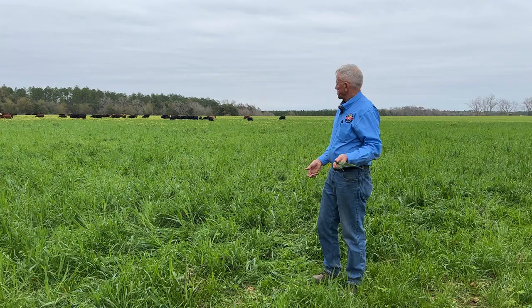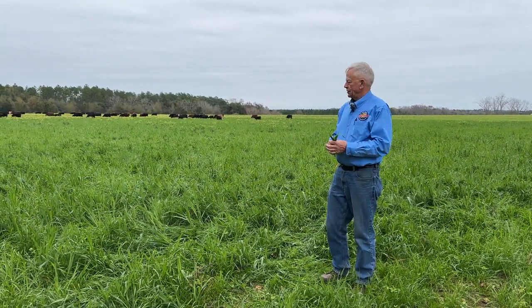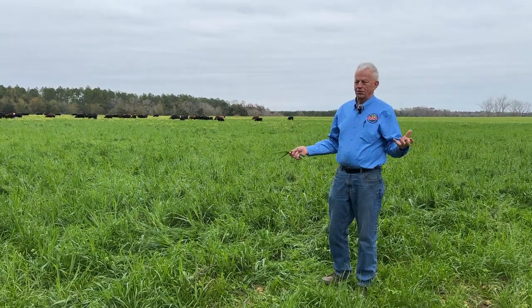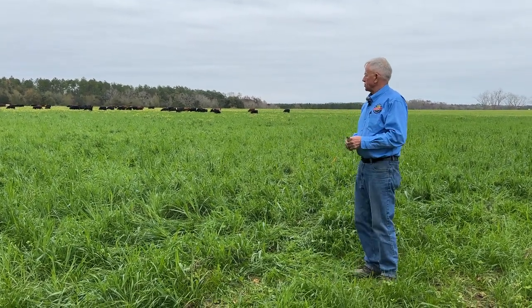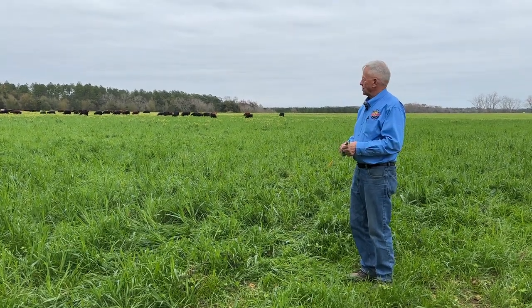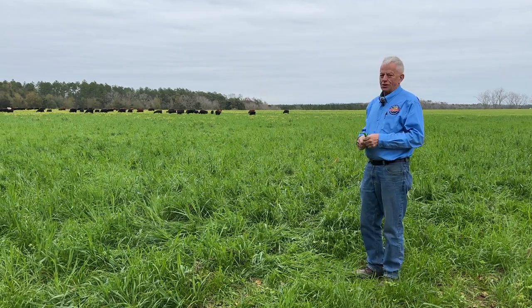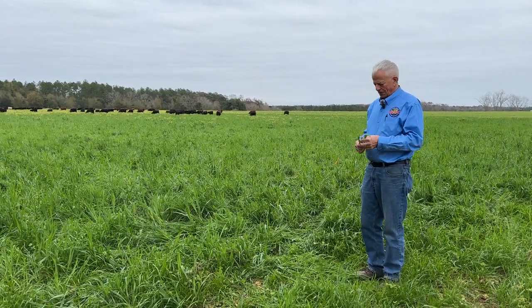If you turn them into this 30-acre field, let them stay here for a week, they're going to eat the candy out of it in the first 2 days, and then the next 2 or 3 days are going to have less quality groceries. But the beauty of this daily moves and daily management, it takes a little time and effort to do it, but you're trying to put them in the utmost plane of nutrition that you possibly can. So it's a